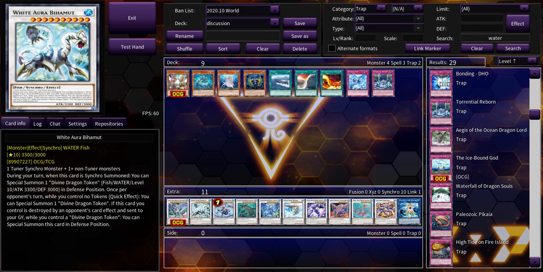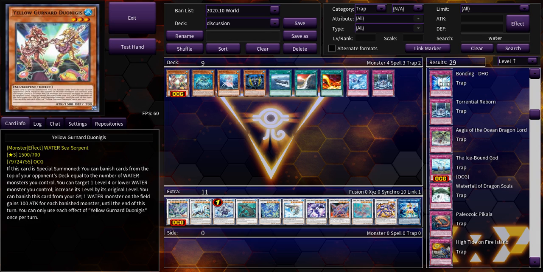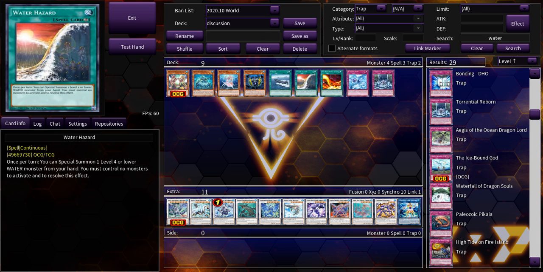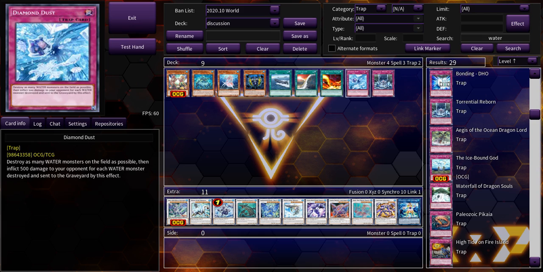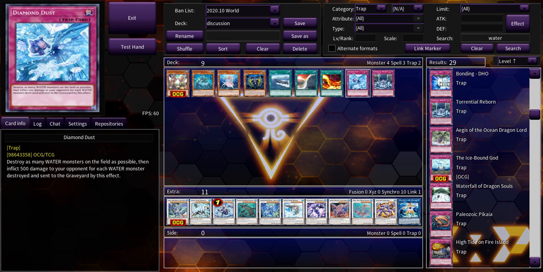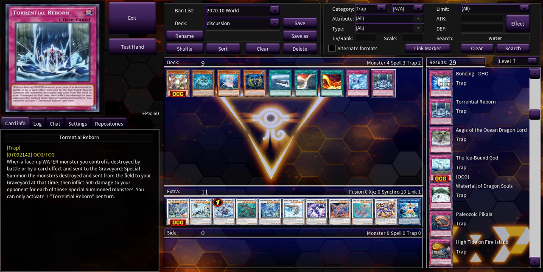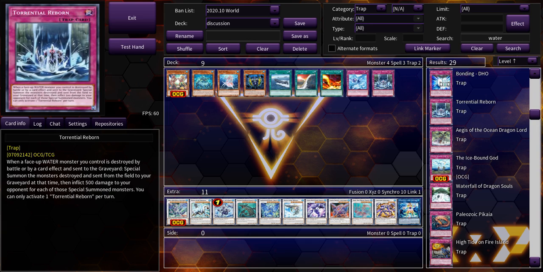Also, you can pretty much turbo out its effect by using cards like Surfage, which special summons it from the graveyard. You can use Biohazard, which special summons from the hand. Or you can use Big Wave, Small Wave, which special summons from the graveyard as well. Or the rather convoluted, you can use the Diamond Dust and Torrential Reborn combo to special summon this from the graveyard, as Diamond Dust destroys all water monsters on the field. And then you can use the Torrential Reborn effect to bring back all the water monsters that were destroyed and inflict 500 damage to your opponent for each. So 500 damage each for this, and then 500 damage each for this,